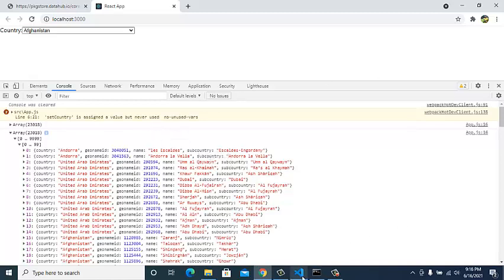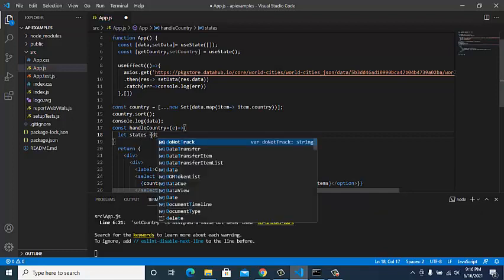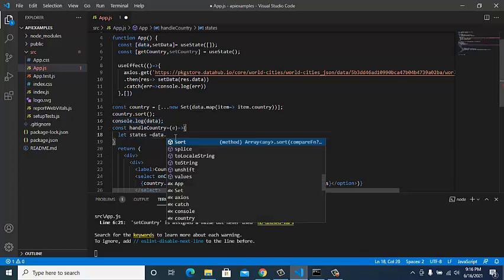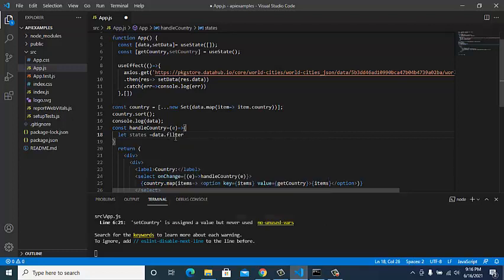So how will we filter it out? We'll create a variable, let's say states, and all the states will come in it. We'll take the actual data, which is the data that we have saved everything in, and we use the filter method because it's an array.